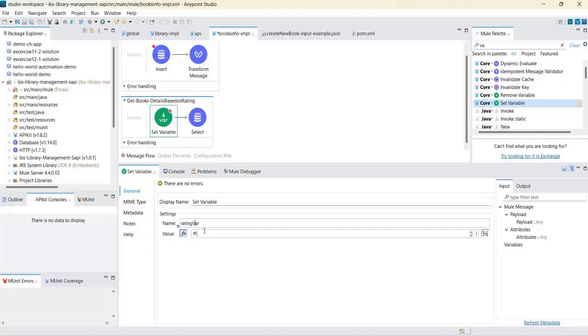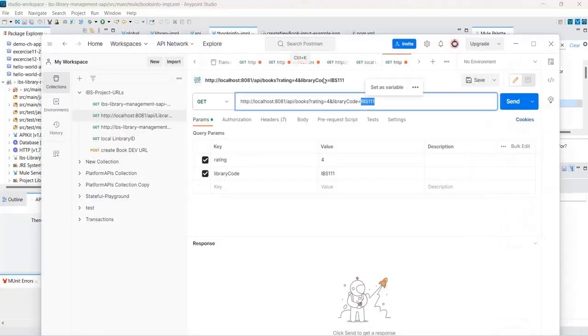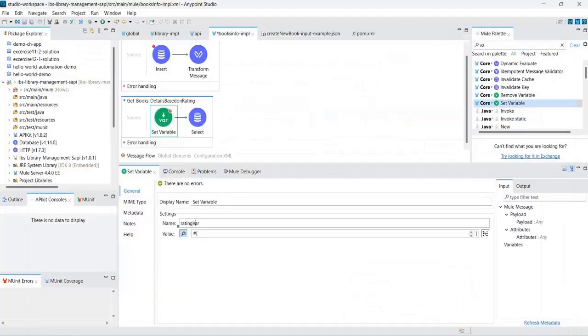So this rating where should read the value of this rating query parameter. While in the URL we are sending rating equal to 4, we need to read that in DataWeave, and save that value into this variable. This variable we need to send as a dynamic variable here, right? To do that, we need to first save this somewhere, like the rating where. How you can get the query parameters in Mule syntax: query parameters, headers, URI parameters, everything will be available in attributes. Once you type three letters and click tab,